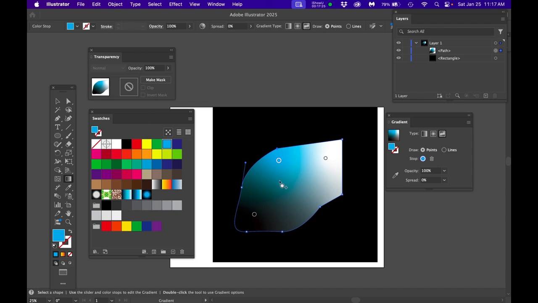So I hope this has helped with your color theory here, but obviously on the linear gradient and on the radial gradient, the G key is a directional tool. On the freeform gradient, the G key just lets you see your color stops, and then you can add or take away color stops. I hope that has helped you,